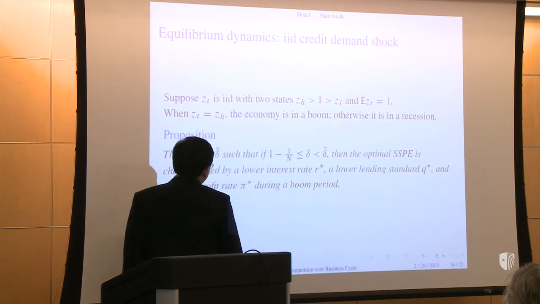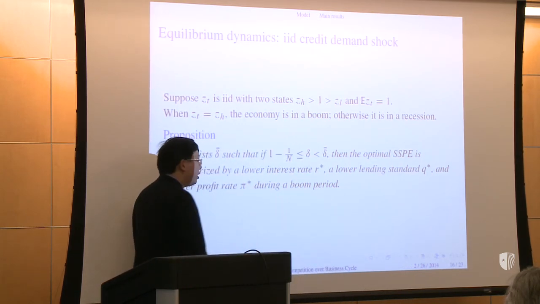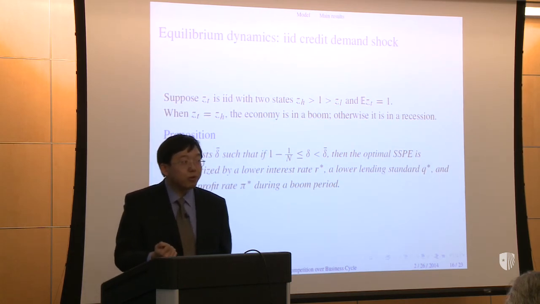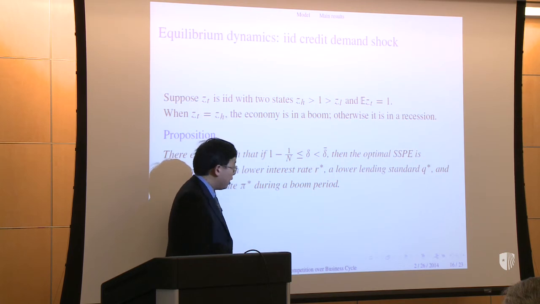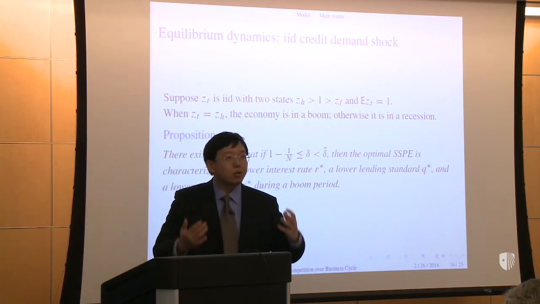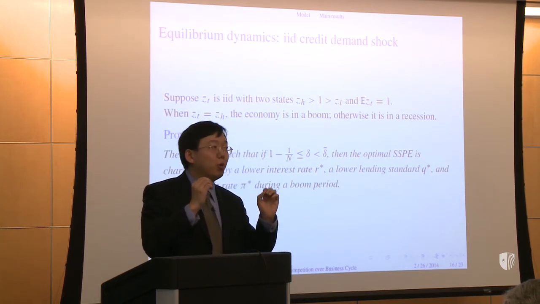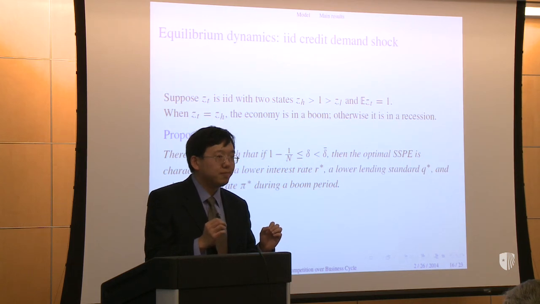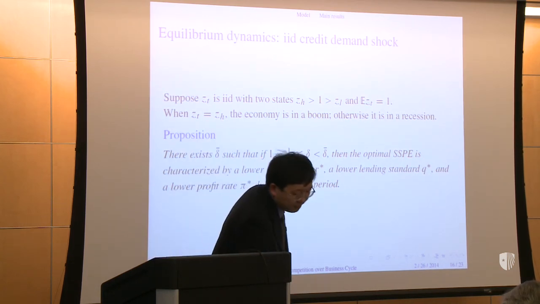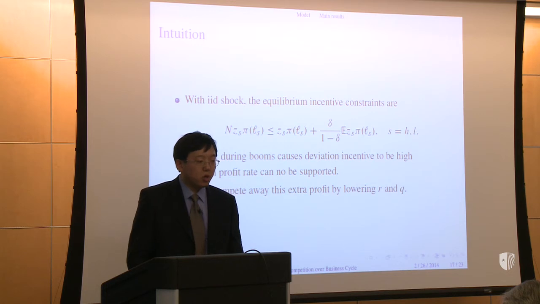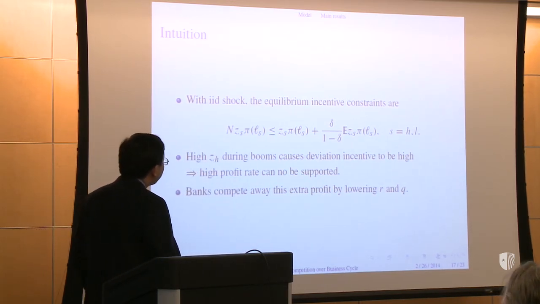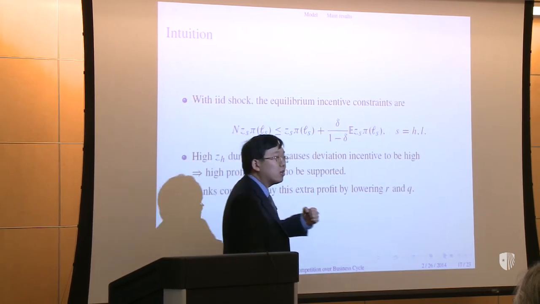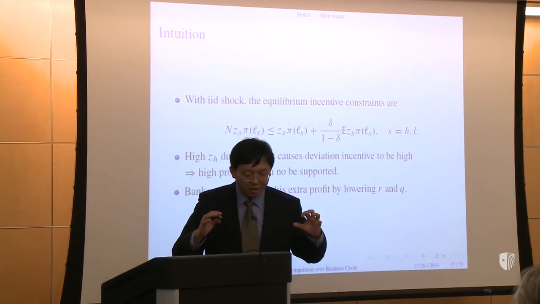And especially for a lower realized profit rate, this lower profit rate corresponds to my notion of more competition. Okay? So, the intuition for this result is that with IID shocks, the equilibrium incentive constraints, that is the incentive